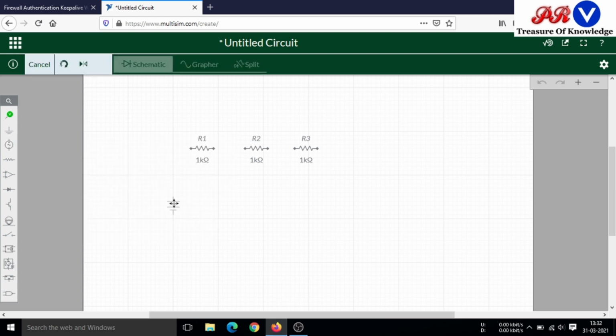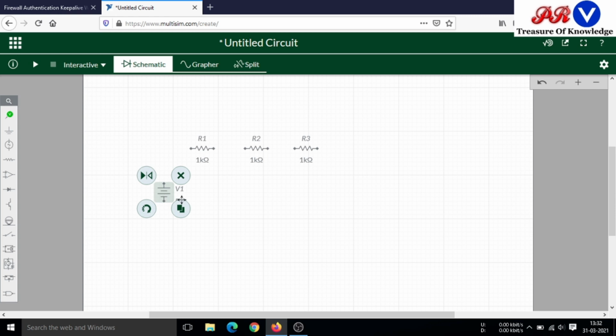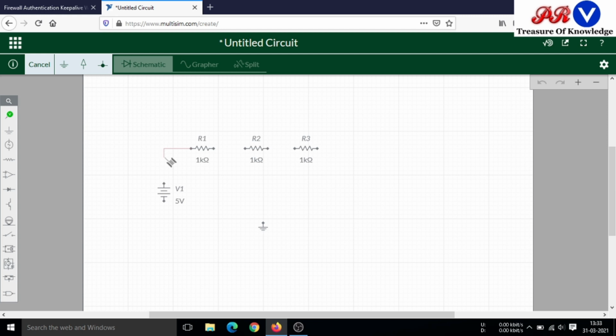This is the DC voltage source. Now we will use one ground also to complete the circuit. Now we will connect these components. Just move your pointer to the resistor and it will create a connection wire here.